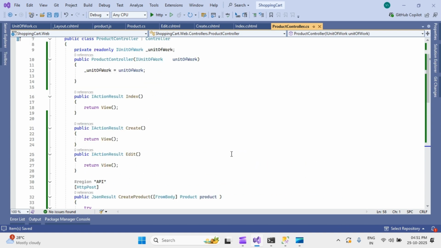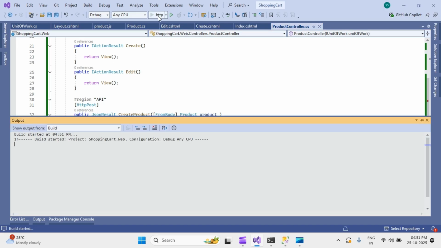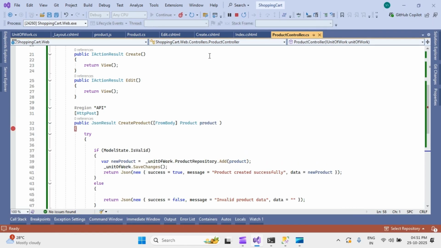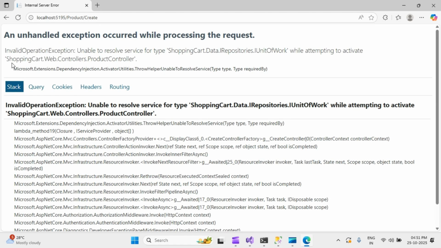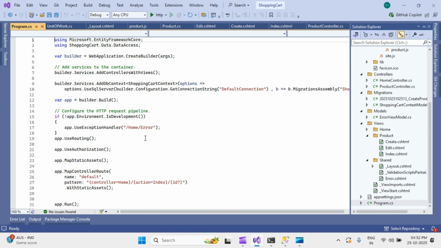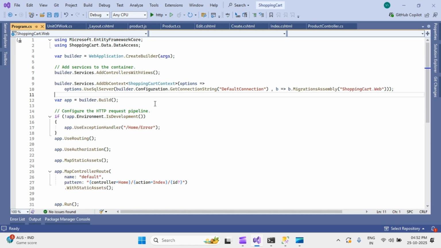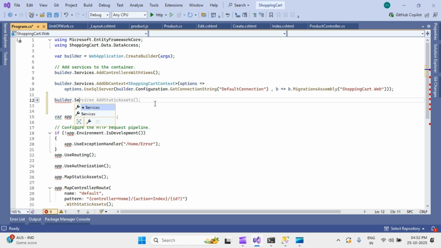Now all those things are working fine. Now I'm going to set the debugger here, run the application. Then we're going to create a product. Then it will give you the error: invalid operation, unable to resolve the service type for the dependency. So just close it and go to the Program.cs file. Now here, builder.Services.AddScoped service